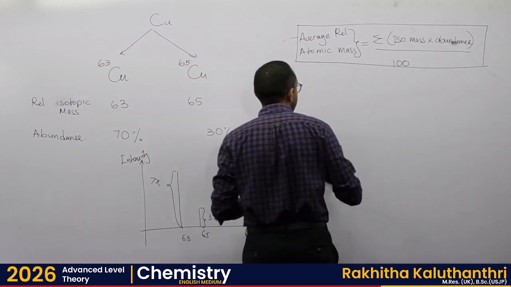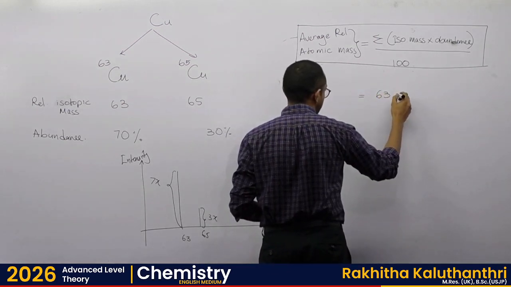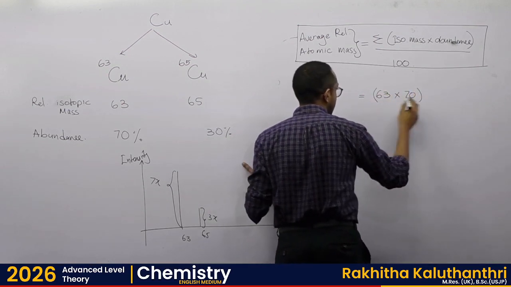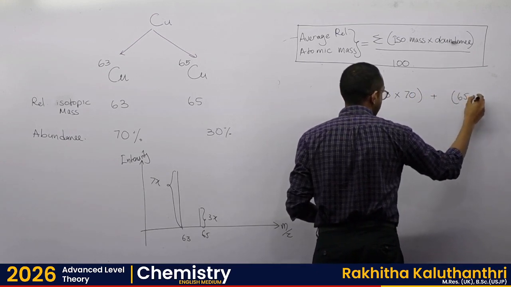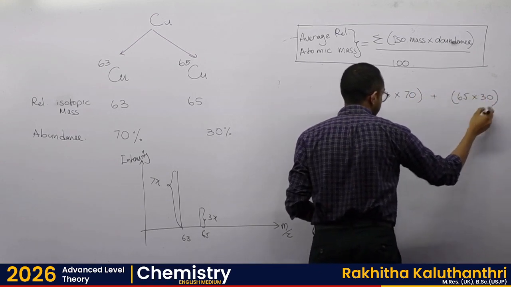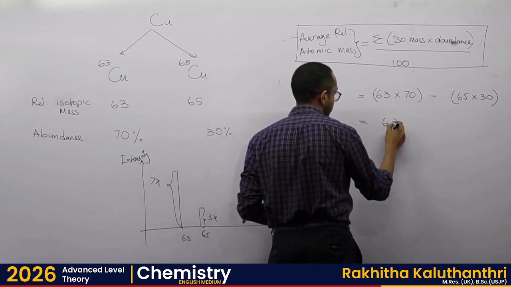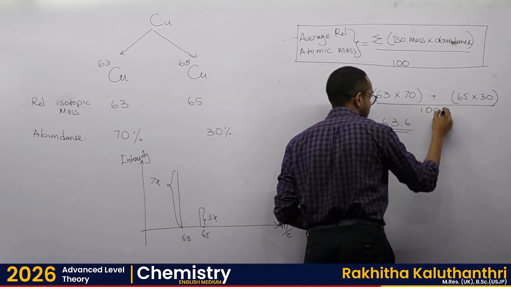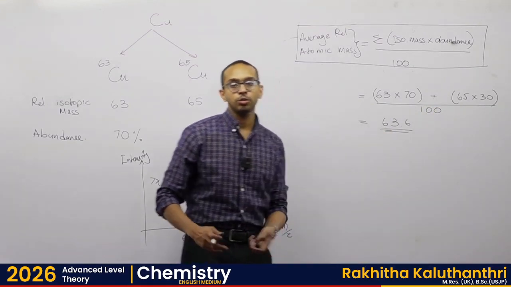We have here 63%, so 63 has to be multiplied by 70, and we have 65 multiplied by 30, and all of you have gotten to the correct answer, 63.6. Once you solve this, actually there should be a division by 100, right? So once you do that, the final answer should come to